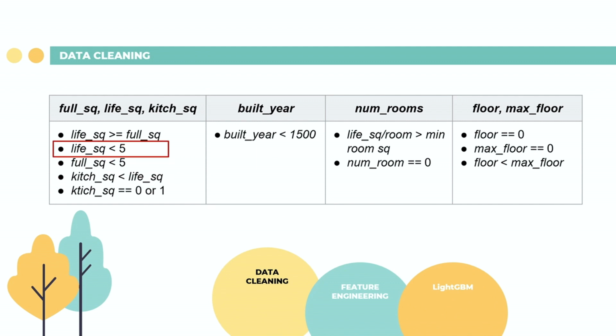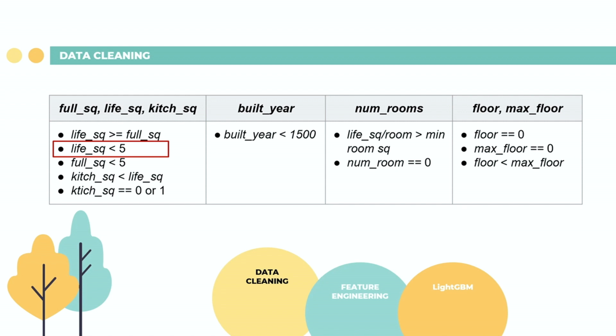For example, life_sq is the living area of the apartment in square meters. We impose a condition that it's not practical for the living area to be under 5 square meters. If the condition is met, the value for life_sq is replaced with a NaN value, which can be processed by either XGBoost or LightGBM. Different conditions are imposed on the features here, and the ultimate goal is to ensure a logical distribution of our data. Note that to maintain consistency in the model's prediction process, the train and test data are subjected to identical data cleaning modifications.